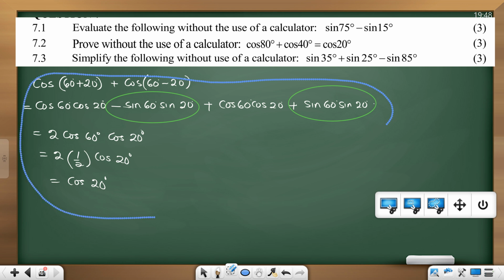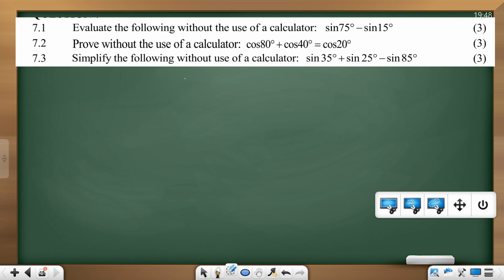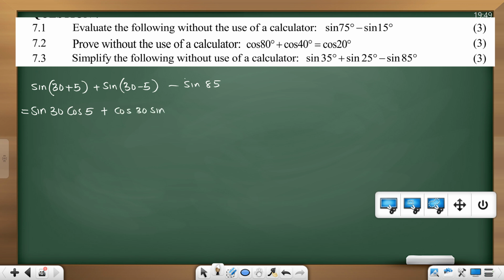Guys, do you notice 35 and 25? We can work with 30 and 5. Yeah. So I want you to see the idea of what's going on, right? Same angles. So what are we going to have? Sine 30 plus 5 plus sine what? All right, my challenge would be, can I leave it for now? Let's leave it for now. We will see what to do with that. Can I expand this? Talk to me. Sine 30, cos 5